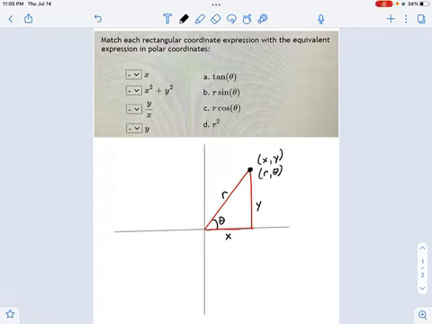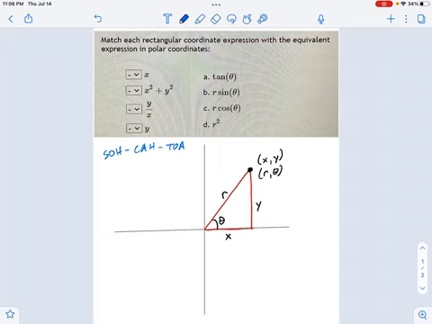I've drawn here an XY grid, or if you like to think about it differently, an R theta grid. Remember, we have two coordinate systems now. We have XY coordinates, and we have polar coordinates. And what we need to do is establish some equations that help us change back and forth between one coordinate system and the other. And I want to remind you that you already know this stuff. This is just SOHCAHTOA, basically. I'm not simplifying either. SOHCAHTOA will help you through just about everything you need here.